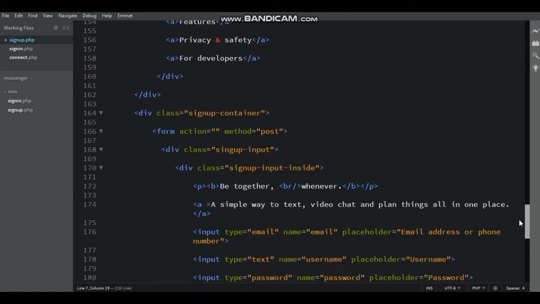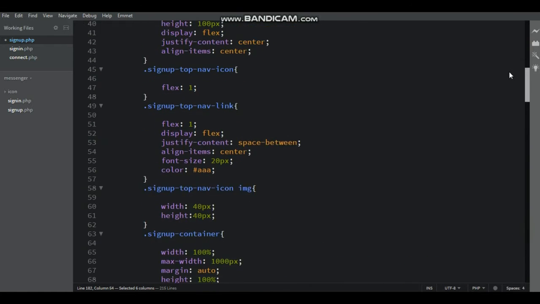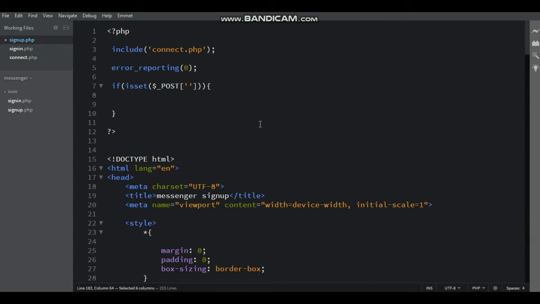Here the button name is submit. Here submit the form. When the submit button is clicked,